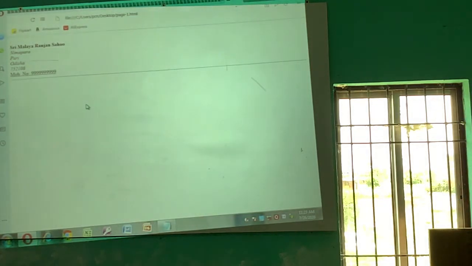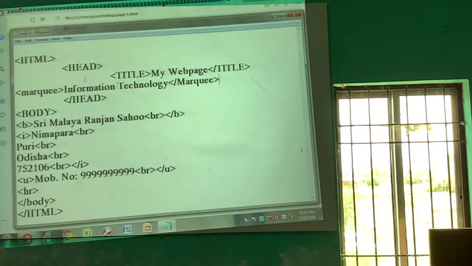So where to type the marquee tag? Between the head tag, between the head tag.